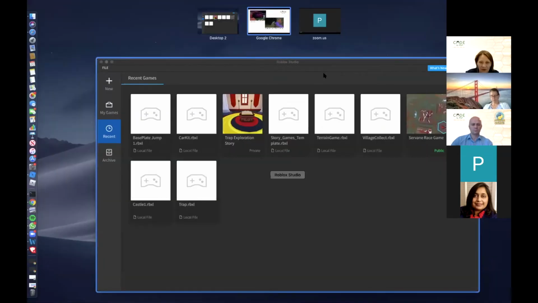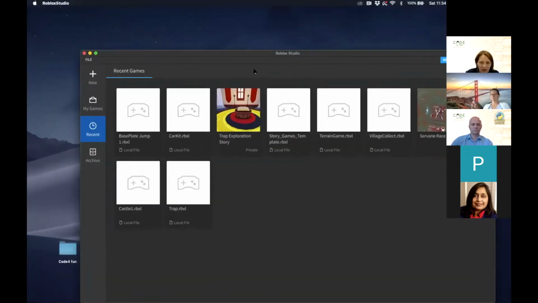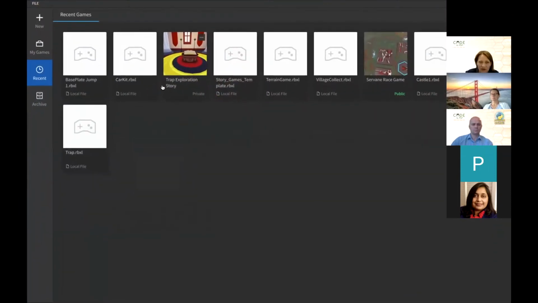So I think a picture is worth 1,000 words. So what I'm going to do is I'm going to show you. Can you now see my Roblox Studio? Yes. Okay, excellent. So this is my Roblox Studio, and I'm going to show you my obby, which is basically,